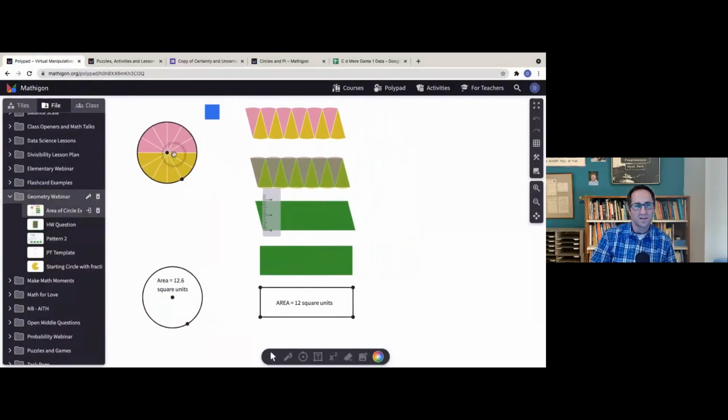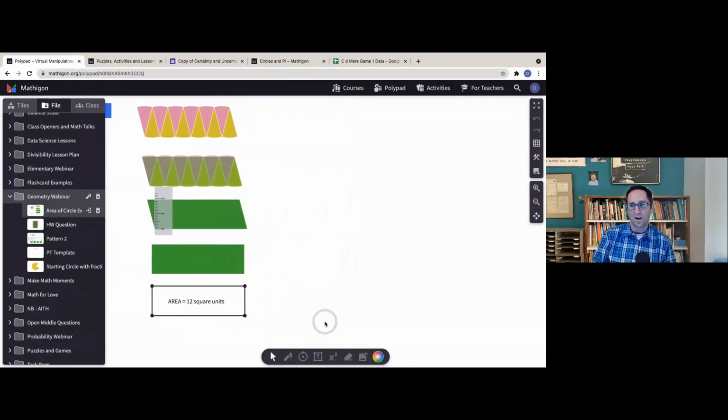And you can see with 12ths here is the exact same process. Again, students would be doing this, right? Students would be moving the pieces over. Students would be constructing the parallelogram on top. Students would be cutting it. Students would be finding the area of the rectangle, comparing it to the area of the circle. It's much closer, right? It's 12.6 and 12.